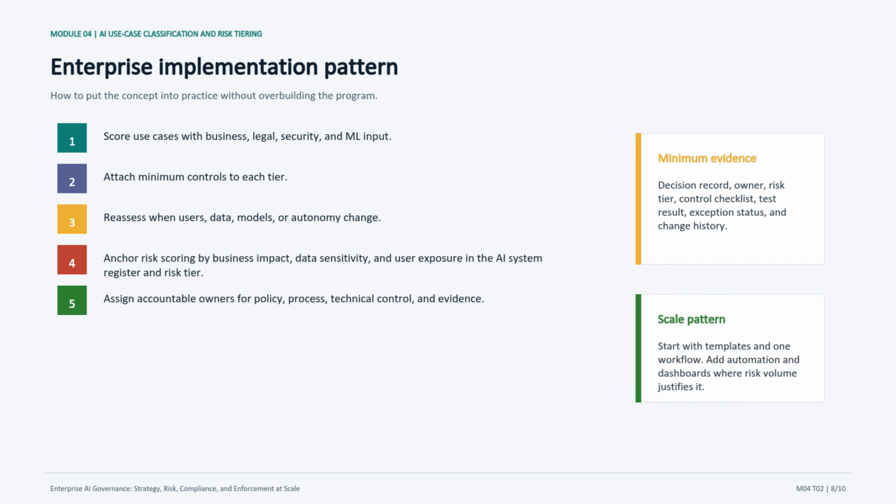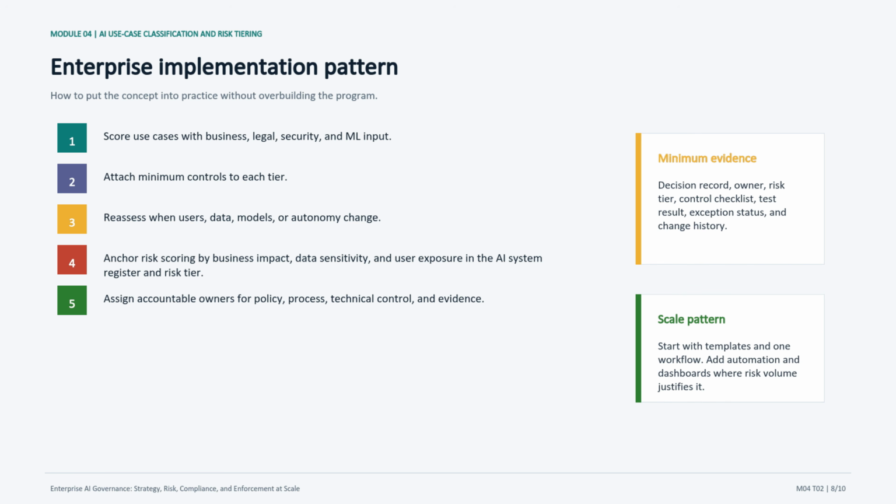I would ask learners to identify which step is policy work, which is process work, which is technical control work, and which creates audit evidence. The minimum evidence box is deliberately concrete. A decision record, owner, risk tier, control checklist, test result, exception status, and change history are the kinds of artifacts